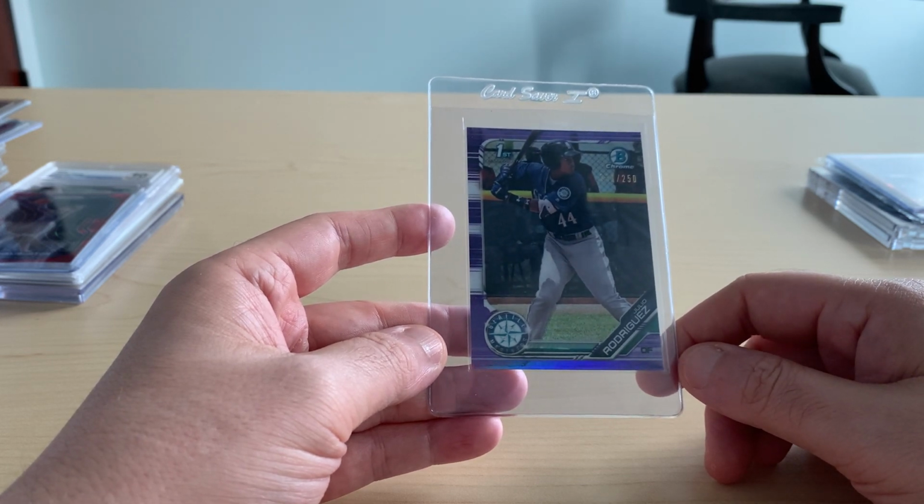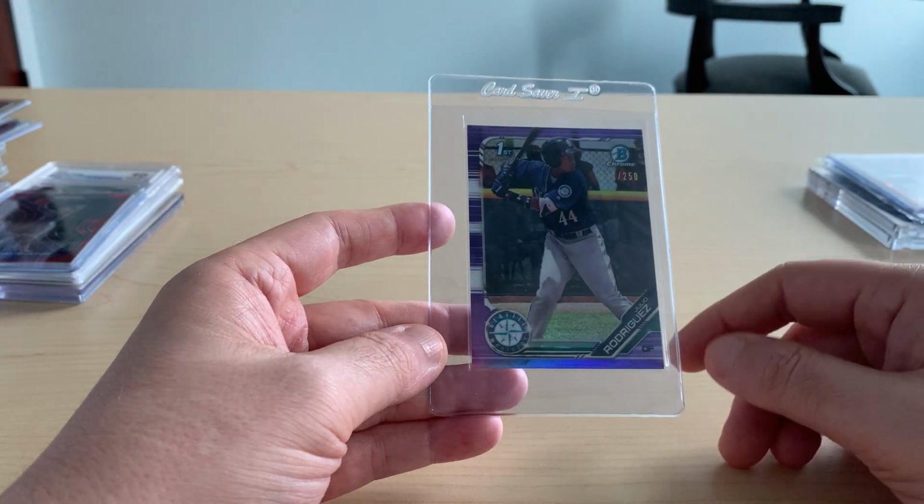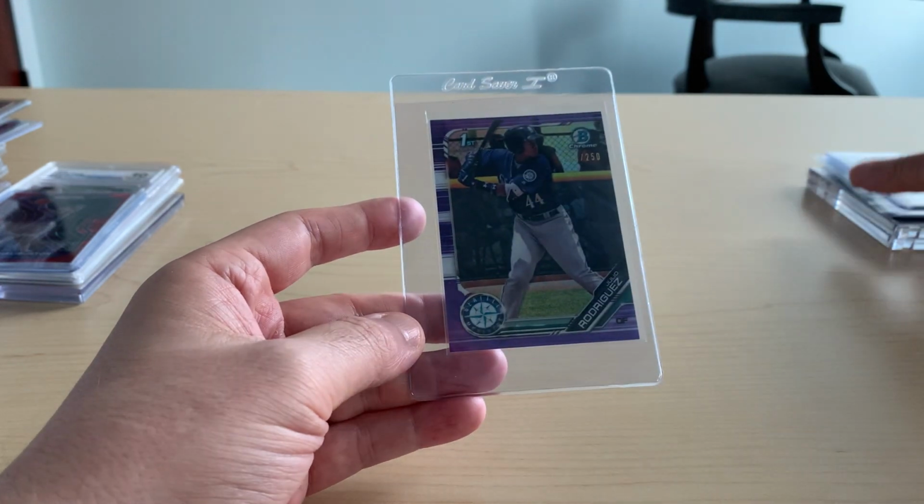This is one of the few cards I've looked at where, in my mind, there was no doubt it's a gem mint. But this card, interestingly,